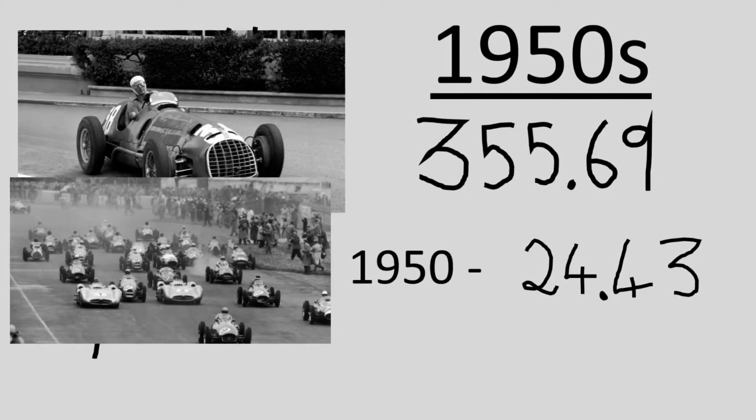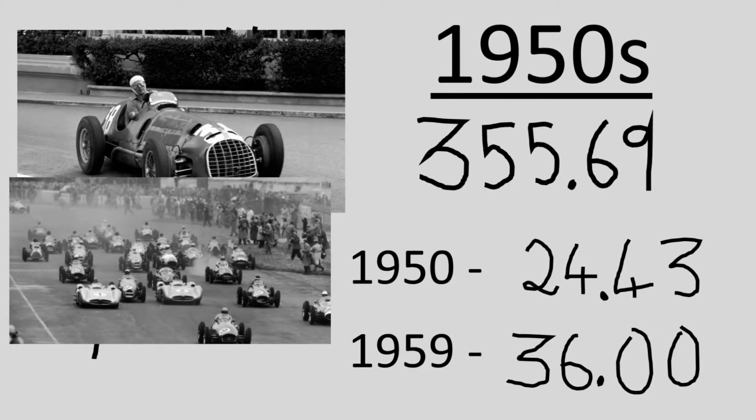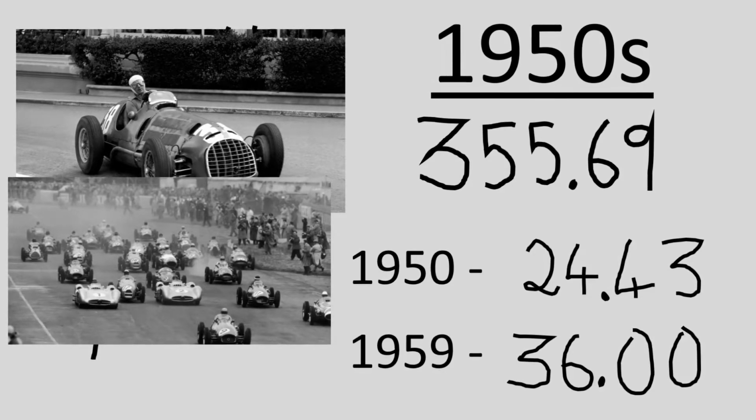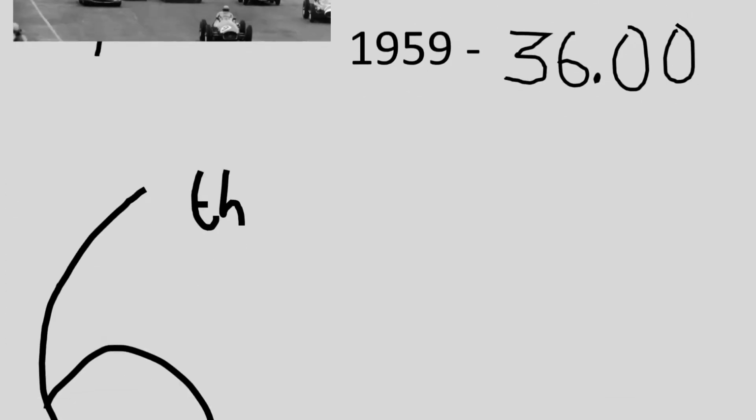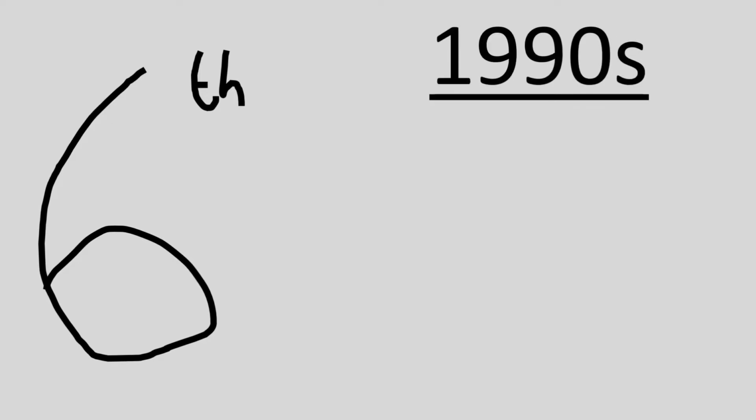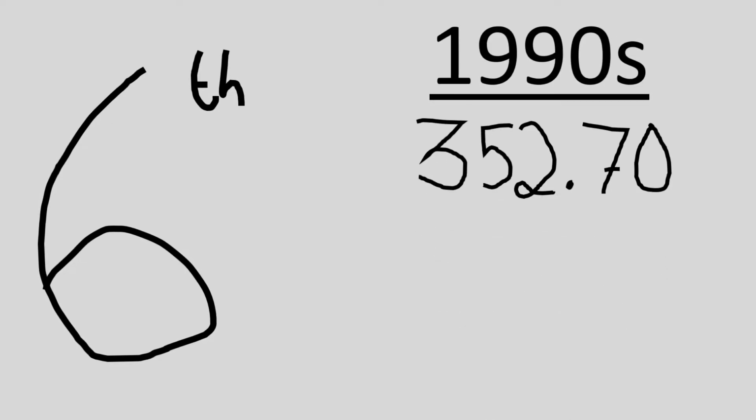And its worst season was 1959, scoring 36.00, and this was won by Jack Brabham from start to finish. And so to 6th place in the list, we've got the 1990s with a score of